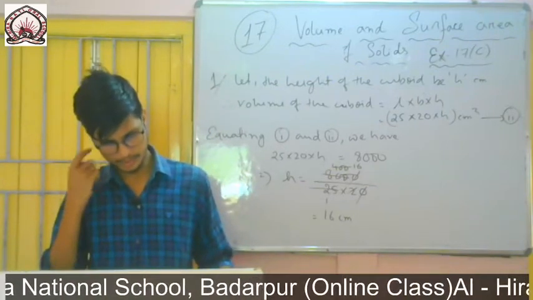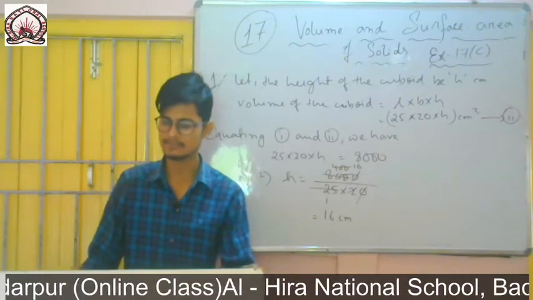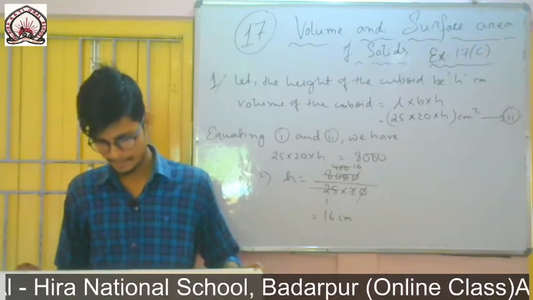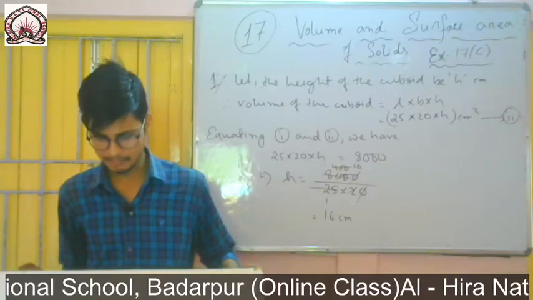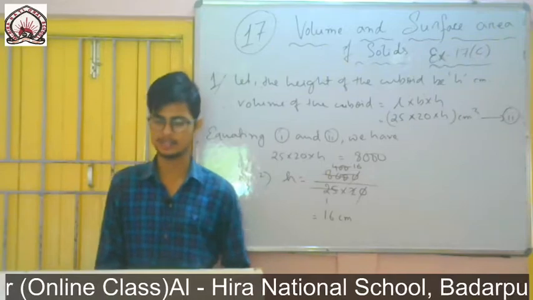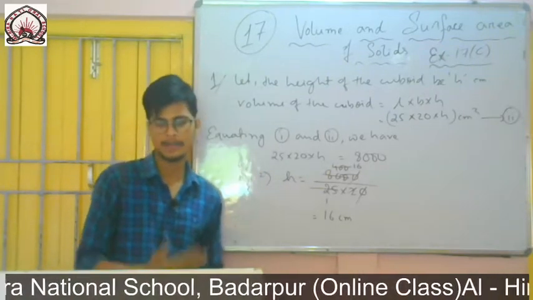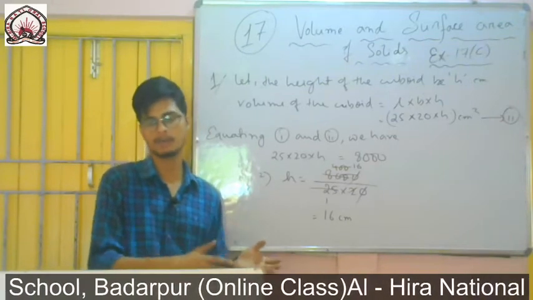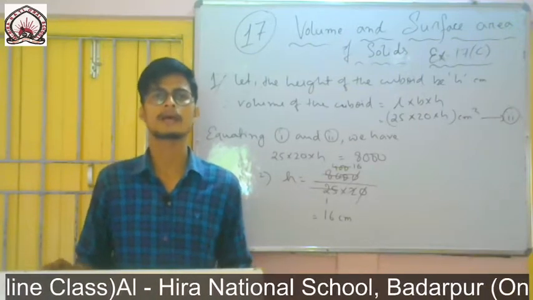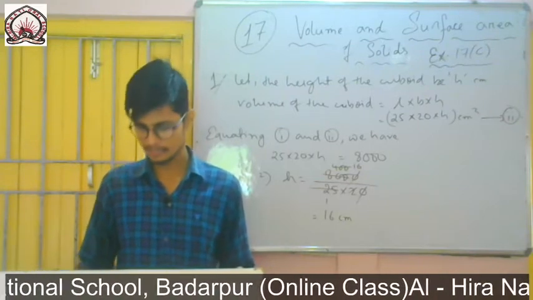So now next one, question number 2. A rectangular block of metal measuring 4 centimeter by 5 centimeter by 6 centimeter was melted down to make a block 8 centimeter long and 3 centimeter wide. How high was the block? So same question. Earlier one was that a cube was melted into a cuboid. Now a rectangular block is melted into another rectangular block. The dimensions of both the rectangular blocks are different. So the question is to find what will be the height of the next one.